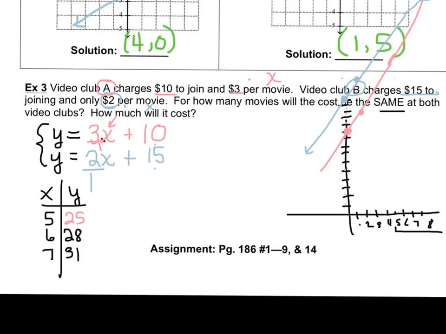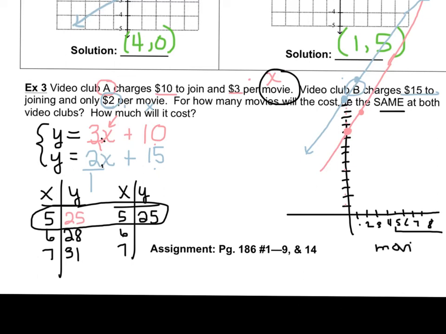Let's see if we're anywhere close with the blue equation. There's other ways to do this. That's why we're going to learn other ways, because this is kind of taking a long time. Let's try 5, 6, 7. All right, 2 times 5 in the blue equation is 10, and 10 plus 15 is 25. Oh, there we go. Look at that. 25 and 25, and I didn't even have to do any more work. Since 5 is the number in the x column, and x was our number of movies, that means 5 movies at either place will cost us